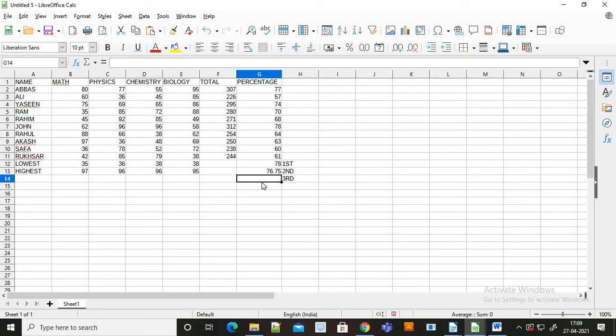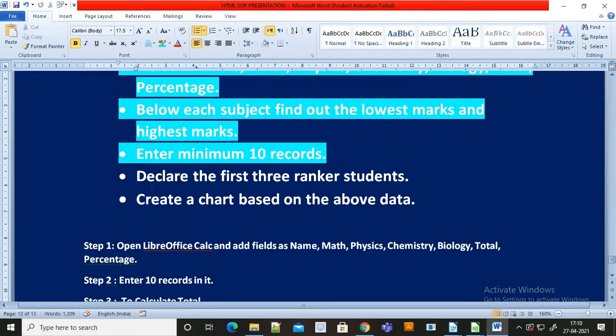Similarly, if I want third ranker, same formula, is equal to LARGE, bracket open, first cell range to last cell, comma 3, bracket close, enter. Sorry, the spelling of large is wrong. If I wanted to remove the decimal, I can remove also. So this is the first ranker, second ranker and the third ranker. So we met this question criteria also. Declare first 3 ranker student.